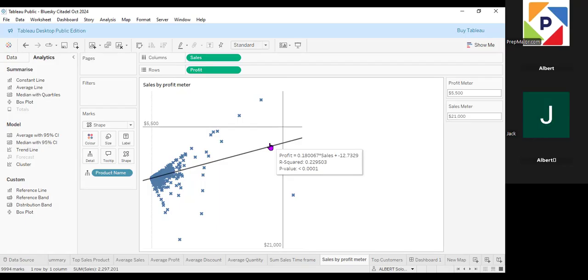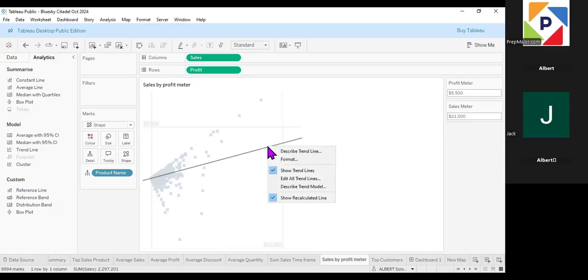Also, if we are versed with economics or financial terms, we understand what R squared and P value are, but I'm not going to talk about that in this class. We know what R squared and P value are all about. However, if we, for example, click on this trend line,